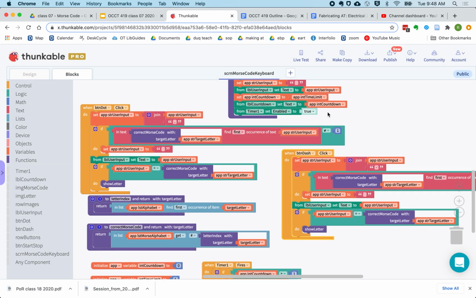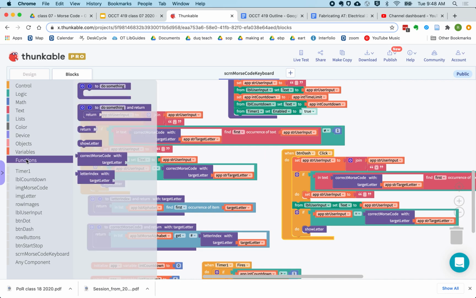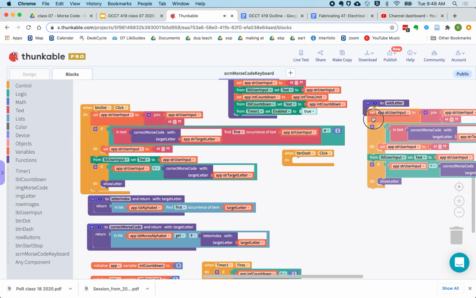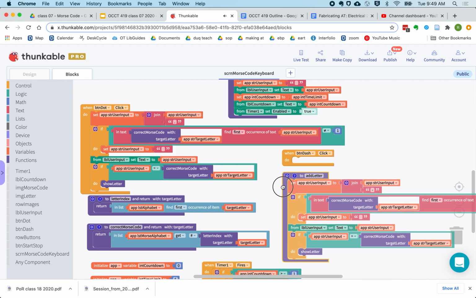Now the last thing we're going to do, this dot and this dash, this code is almost exactly identical. The only thing different is this little dot and dash here. So we're going to create one more function. I'm going to call it add letter. And let's just take everything from dash